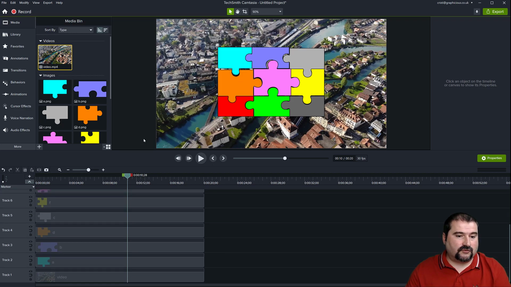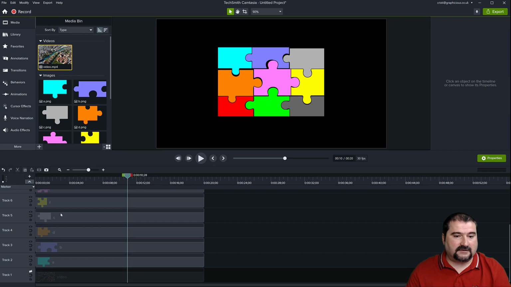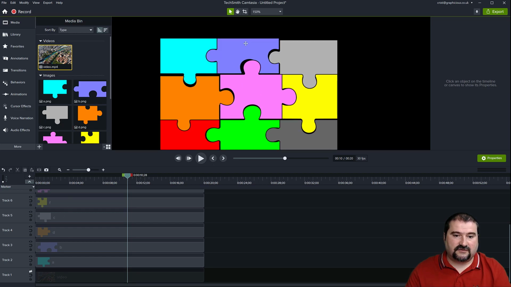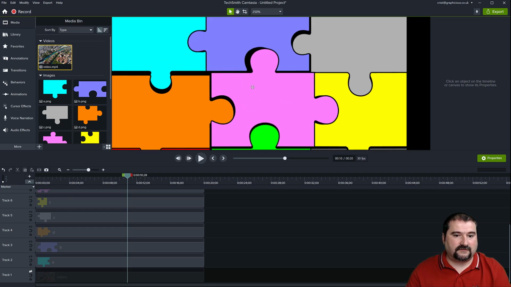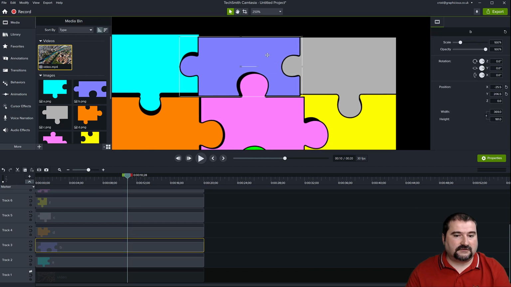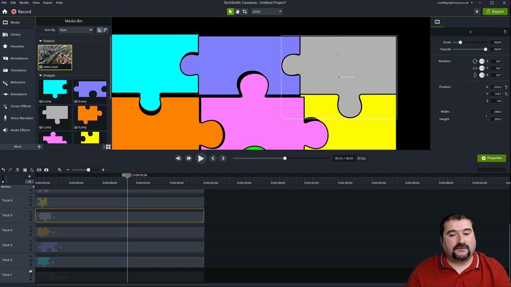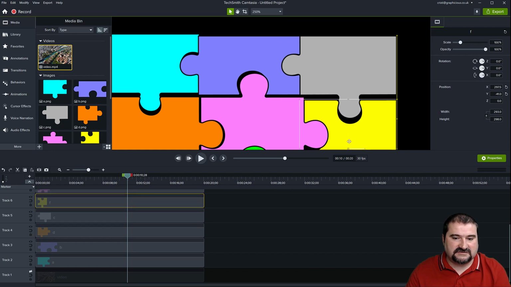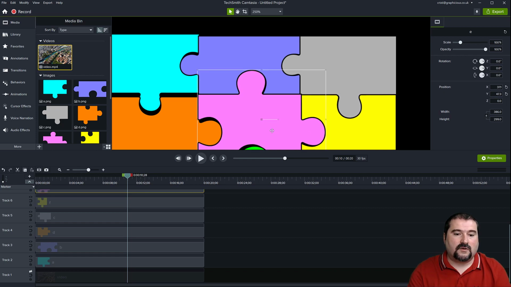I'm going to have to actually turn off the video and align them properly so there's no gaps. Okay, this is important. You must assemble your puzzle on your canvas properly. If you have resized the puzzle for any reason, or changed the size of any individual tiles, then you need to make sure they're all at the same size when you start.